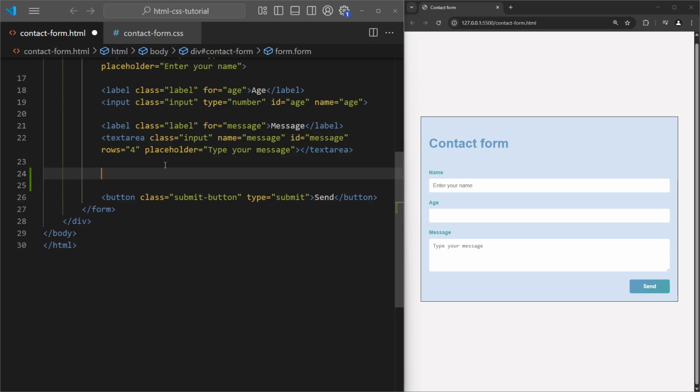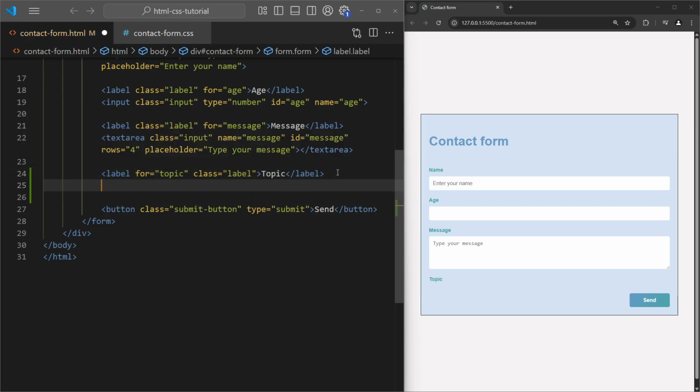Start by typing label, but don't press enter yet. To add a class to a label using Emmet, type .label. The dot represents a class in Emmet, the built-in abbreviation system in VS Code. Now press enter, and VS Code will generate a label with a class attribute. And let's also add a for attribute, topic.